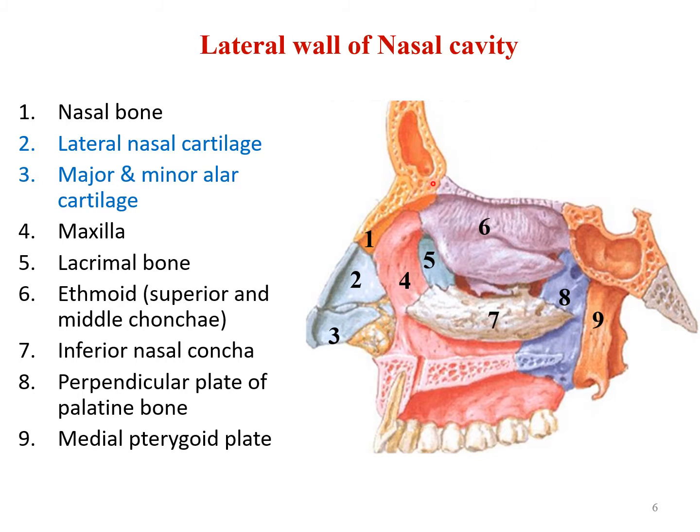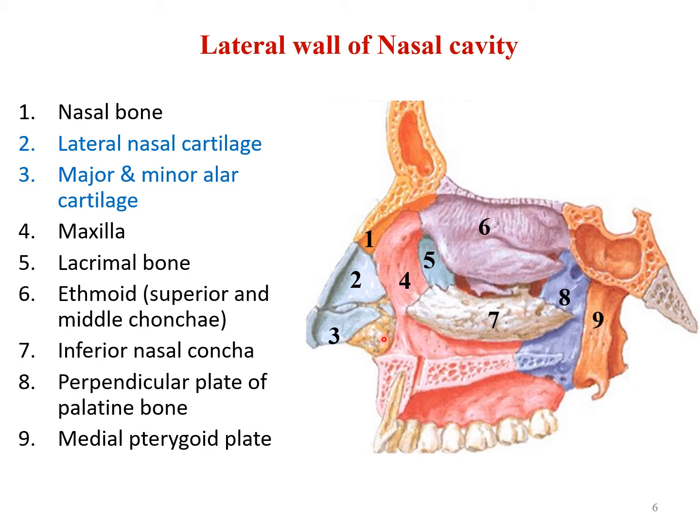Let us look at the bones and the cartilages that form the lateral wall of the nose. So here the cartilages, if we consider, they are shown by number 2 and 3, and some more small cartilages are also there. So they are the lateral nasal cartilage. This is the lateral process of the septal cartilage. And then we have the major alar cartilage and 2 to 3 minor alar cartilage. Some part of this is also formed by fibrofatty tissue. Here, this is the part of the vestibule.